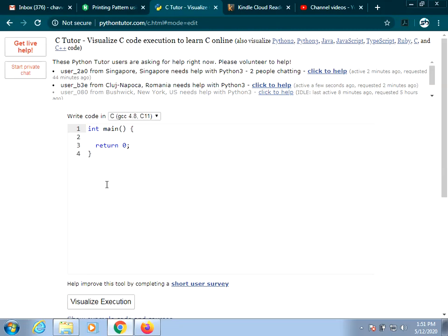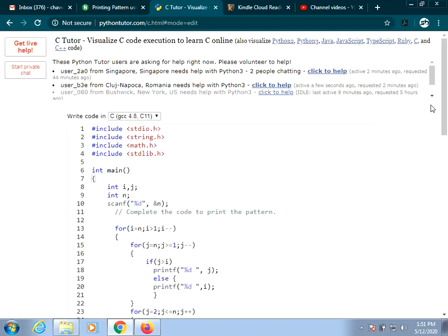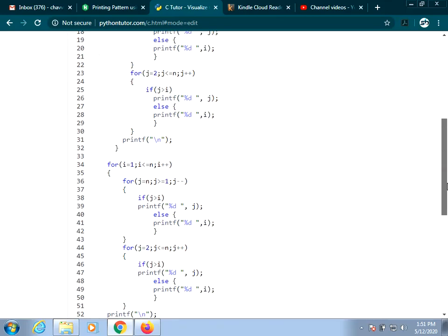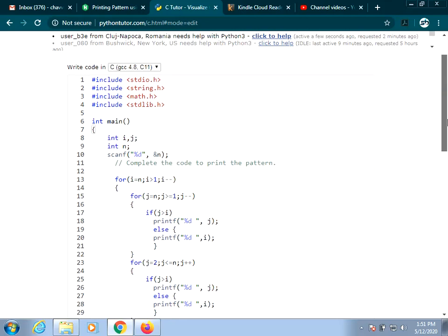Visualizing the code means seeing how your code is working, how your code values are running. So we'll paste the complete code here. There is no way to give inputs here, so instead of taking scanf, I will give the values directly.